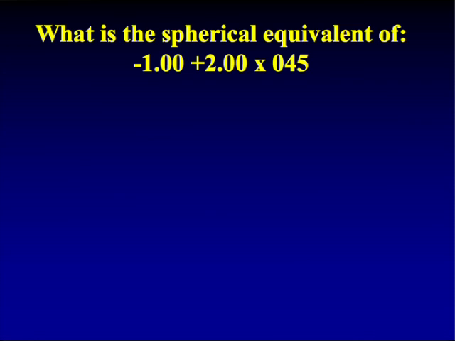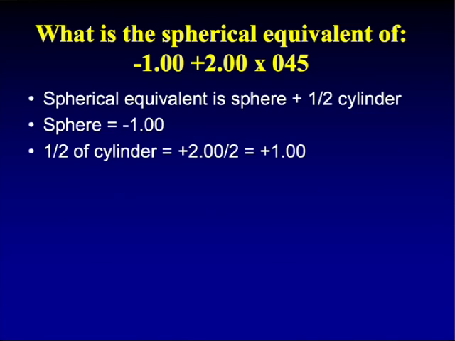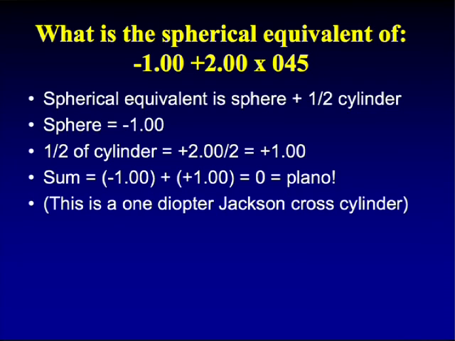Well, it's the sphere, which is minus 1, plus half of the cylinder, plus 2. Plus 2 divided by 2 is plus 1. So negative 1 plus 1 is 0. So the spherical equivalent of this lens is plano. And in fact, that's the prescription for a 1 diopter Jackson cross cylinder,